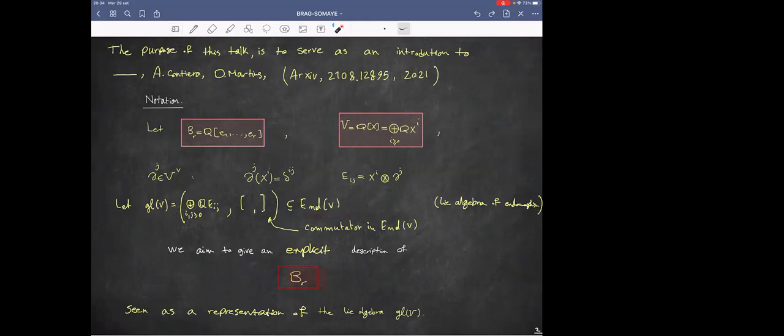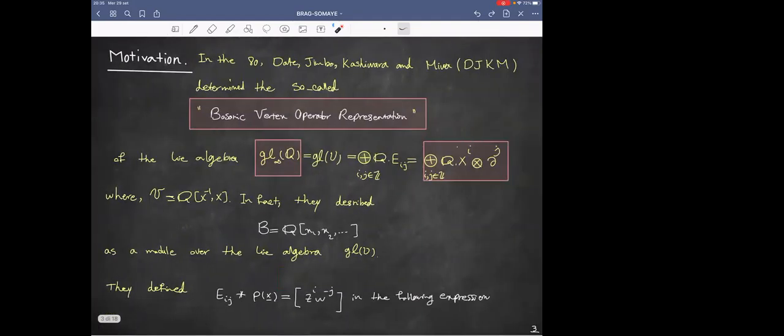And what I am going to do is to give an explicit expression of B_R as a module over the Lie algebra gl(V). Think a bit. In fact, elements of gl(V) are morally matrices, and if you want to give a module structure to B_R over gl(V), I must figure out how I can multiply a matrix by a polynomial and get again a polynomial. But what is our motivation? Our motivation comes from what